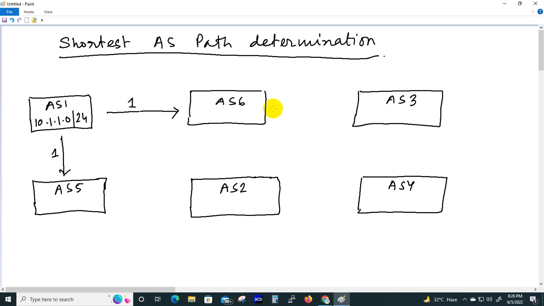AS6 will advertise this prefix to AS3. Here it will be 6 and 1. And AS5 will advertise to AS2. AS2 will advertise it to AS4. The AS path will be 2, 5, 1, and AS4 again will advertise to AS3. Here it will be